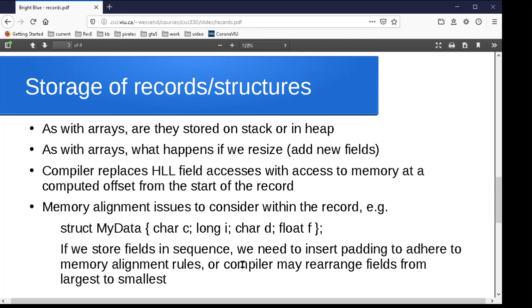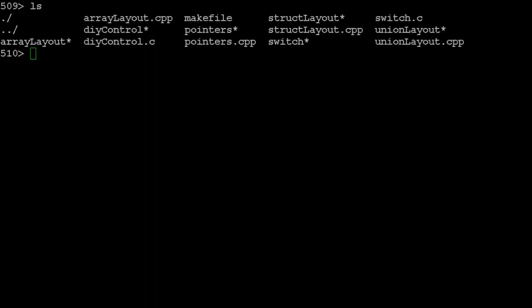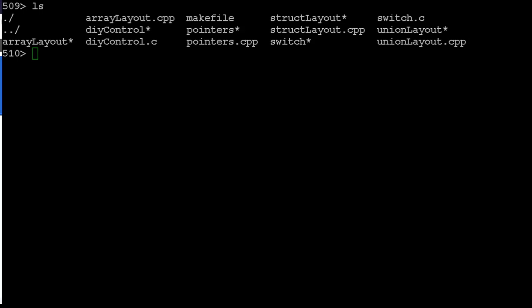So I wanted to take just a moment while we're at this point to take a look and experiment with this a little bit. So let's actually play with a little bit of C, and in the directory where I stuck all the code to go along with these slides, you'll see one program. Let's see, the struct layout. So if we go through and take a look at